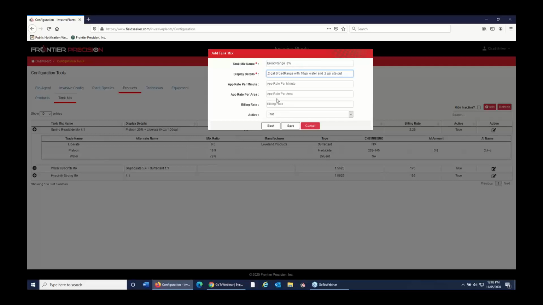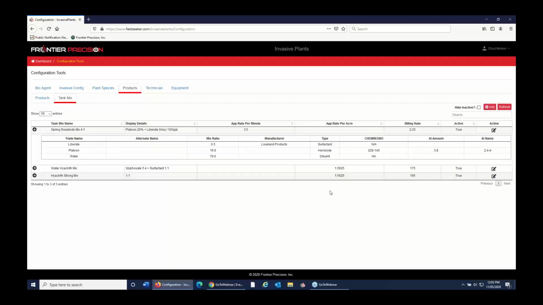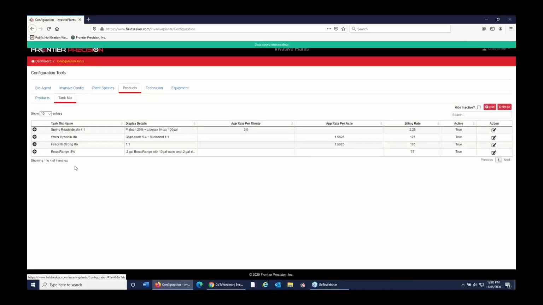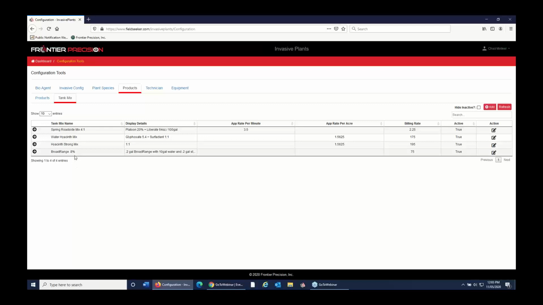We can also specify the app rate per acre or the app rate per minute, as well as a billing rate. If we're going to invoice anybody for using this material, we can put that in here. And then the app rate can be used by the mobile application just for suggesting calculated treatment areas. So we'll save that. And now that tank mix is available for the field operators to be able to